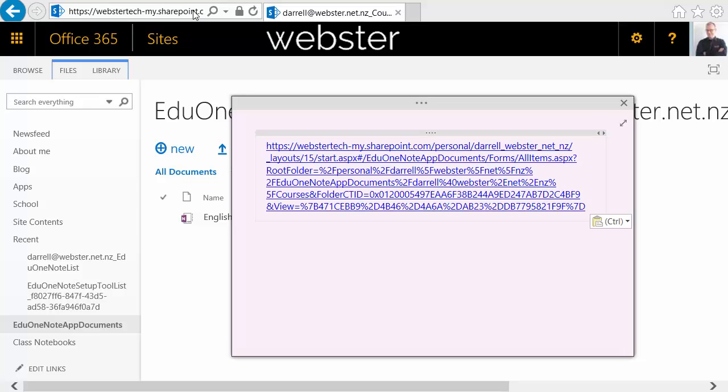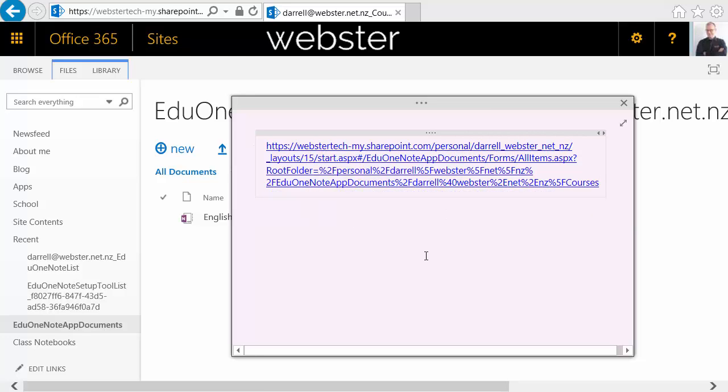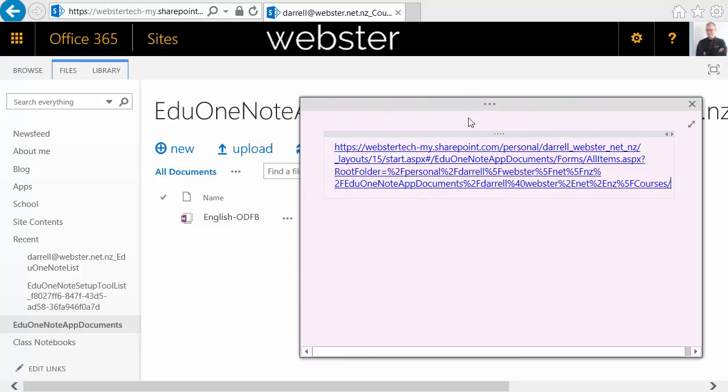We'll paste in the text from our link, and just like with the previous video, we can see that it has quite an ugly look about it, but all we need to do is delete some of the end of this link and then add what we need to it. So we'll select everything right up to the words and folder CTID and delete that. Now again, the effect of this is that we're going to tell SharePoint to load the folder that our notebook is in, and then by adding the name of the notebook at the end, which you'll see here is English-ODFB,